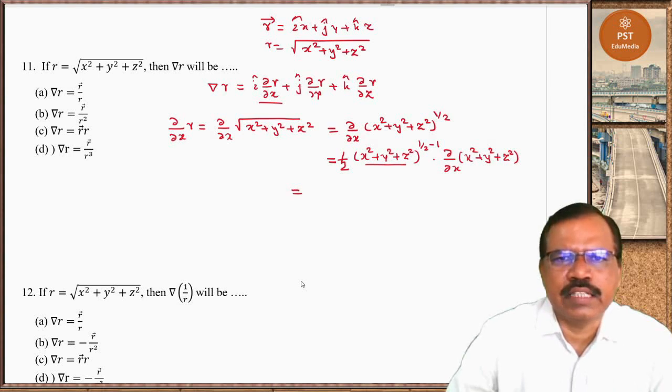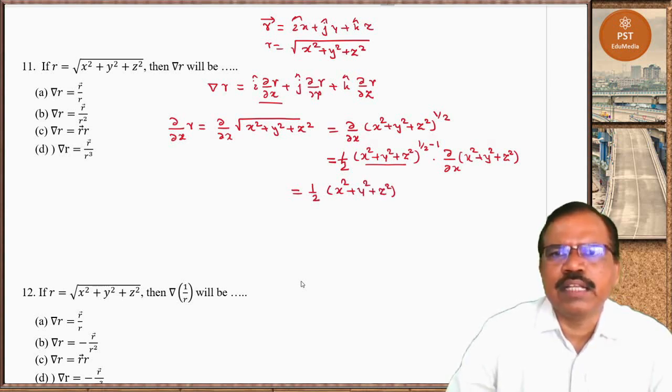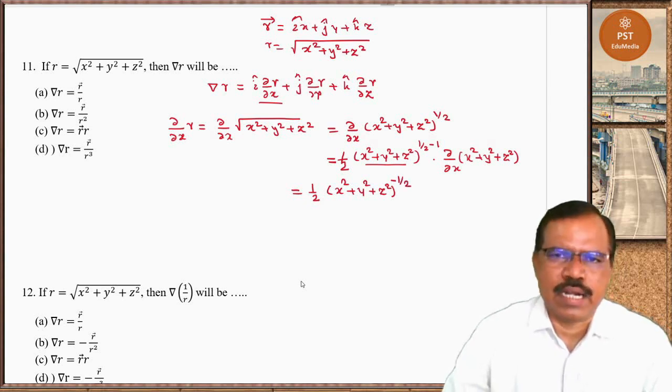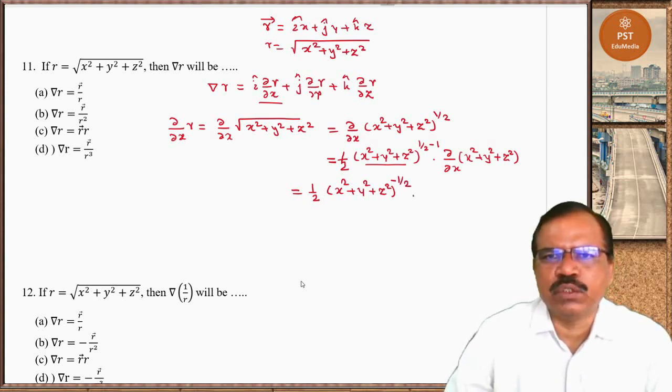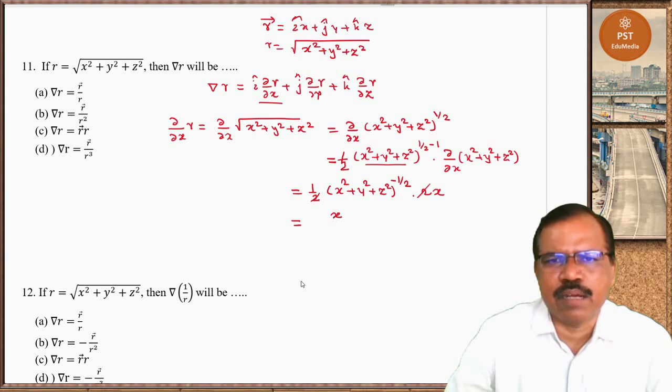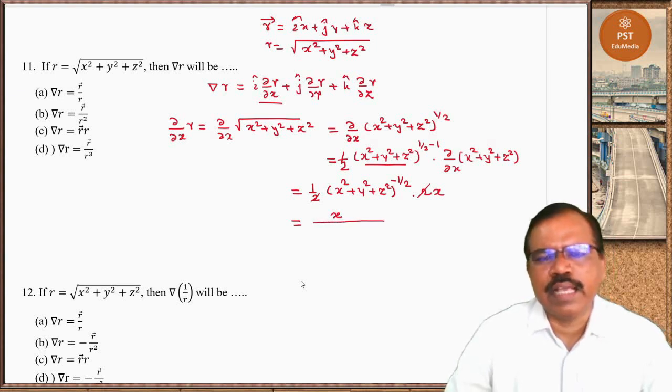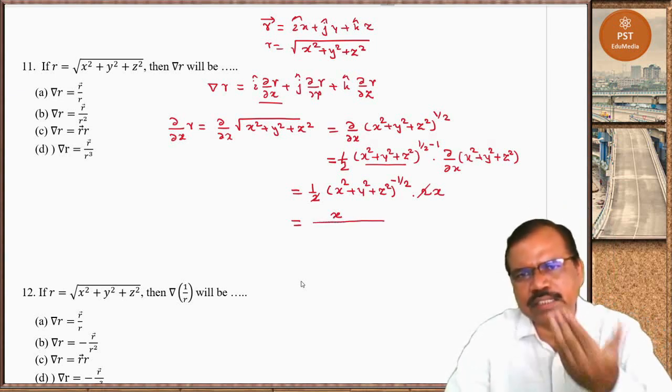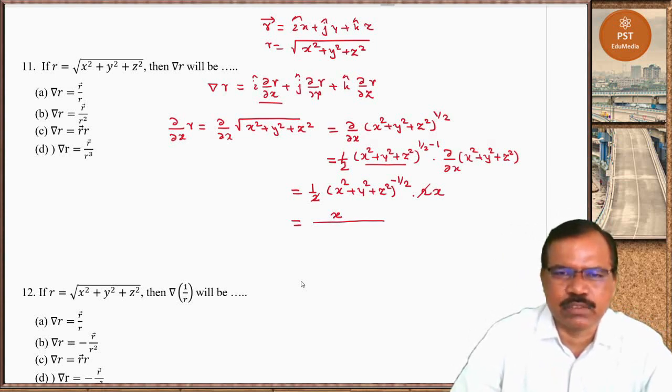So we get this as 1 half of (x square plus y square plus z square) raised to 1 half minus 1, which is minus 1, and the derivative of this is 2x. Now the 2 will get cancelled. We will get x upon (x square plus y square plus z square) raised to minus 1 plus 1,